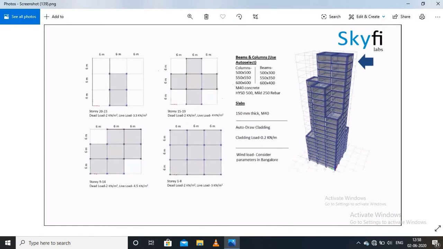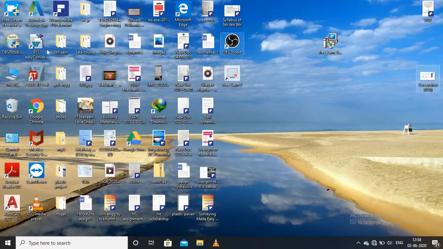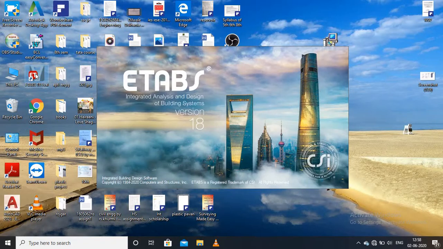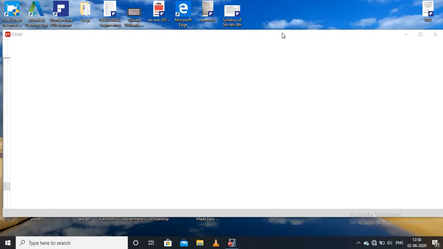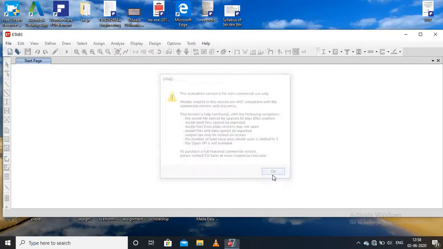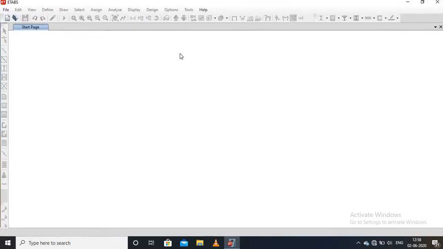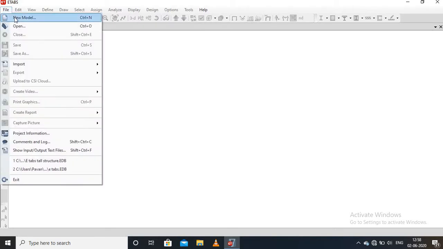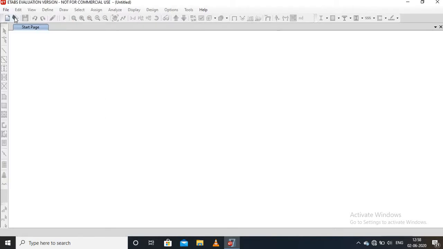Therefore, for designing, first of all, we have to open the ETABS software. Go to the file menu and go to the new model.